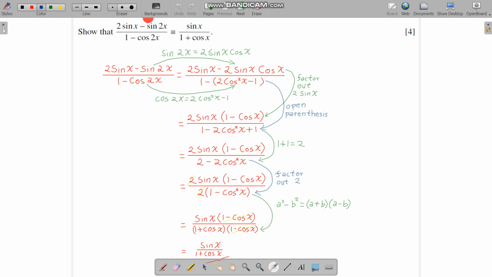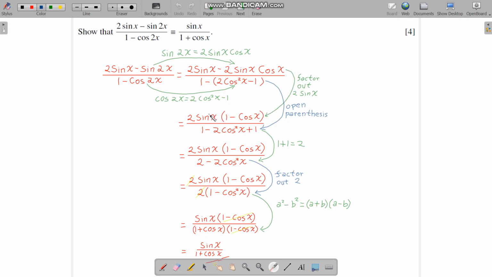We start from the left side, and we use the sine double angle for the sine 2x here. We use this, and cos double angle. We want to get rid of the 1 minus here, so we use 1 minus 2 cos squared x minus 1, because minus times minus 1 we get plus 1 and we can cancel out, and at the same time we factor